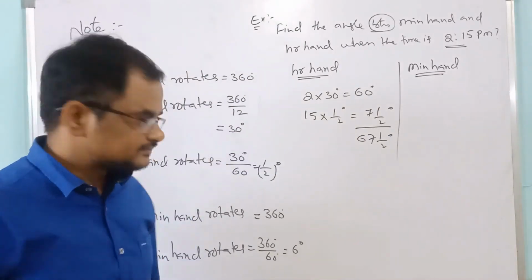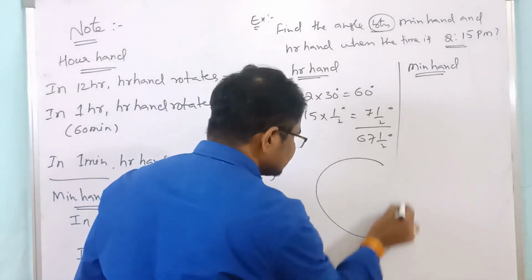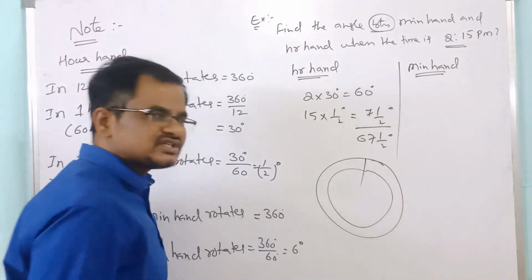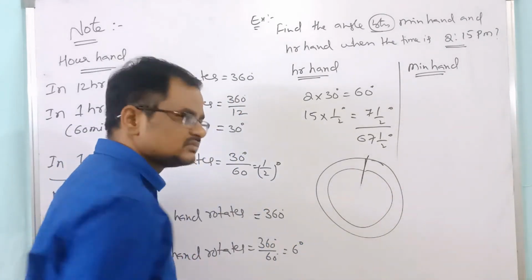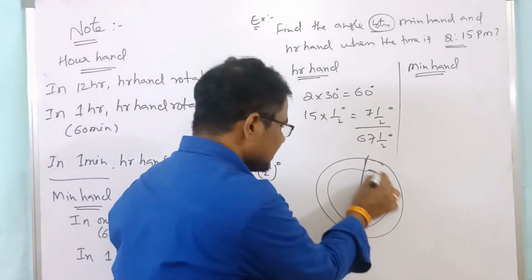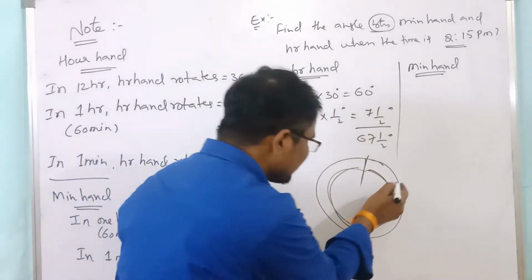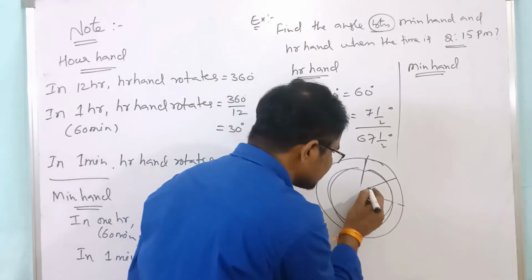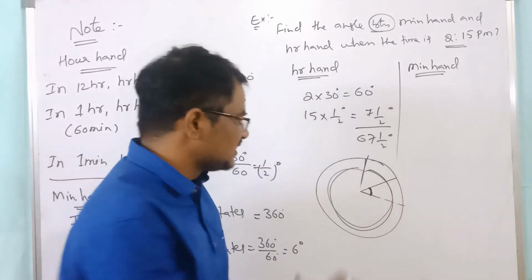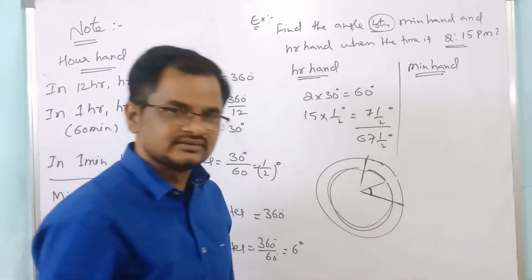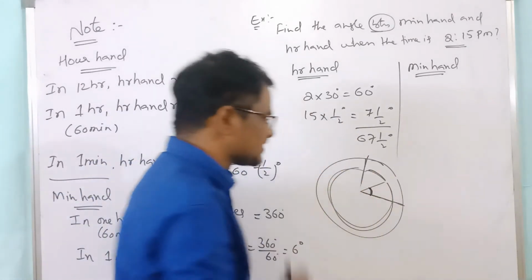So listen here. This is the clock. The minute hand starts here. It completes one rotation, means same position, 360 degrees. Again, same position, 2 hours. Same. But what you want? Here 2 is there, here 3 is there. Means the angle between these two you want. This is the hour hand, this is the minute hand. Angle between these two is asked.